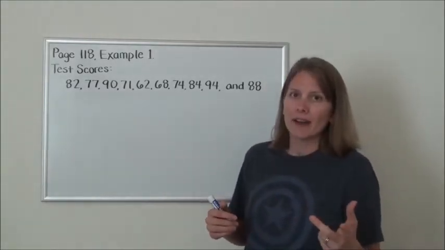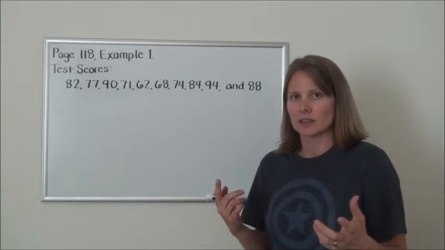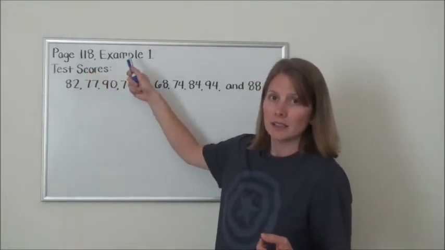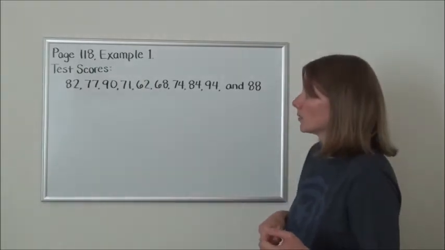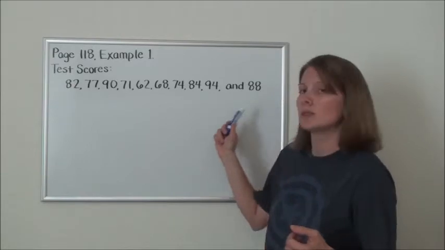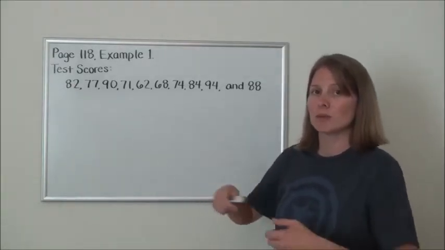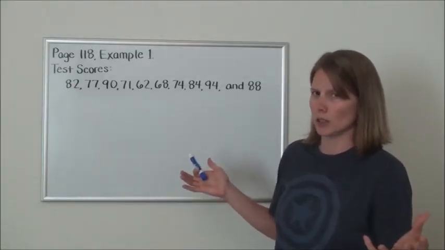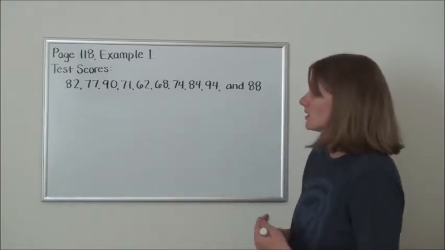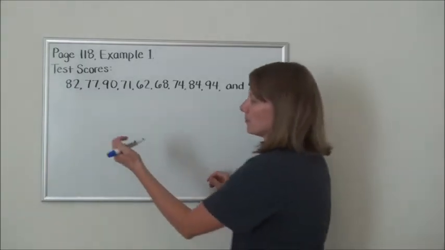What we know for average is we're supposed to add up all the values and divide by how many there are. For our example, let's refer to page 118 in your book, example number 1. These 10 values represent test scores, and we're going to assume that these 10 values represent an entire population. So we've got a really, really small class of 10 students, and here are their 10 test scores. So for the mean,